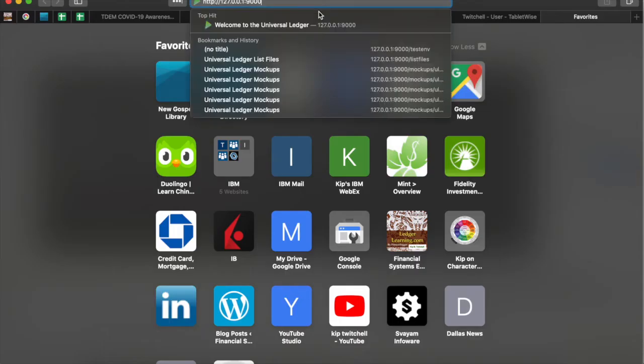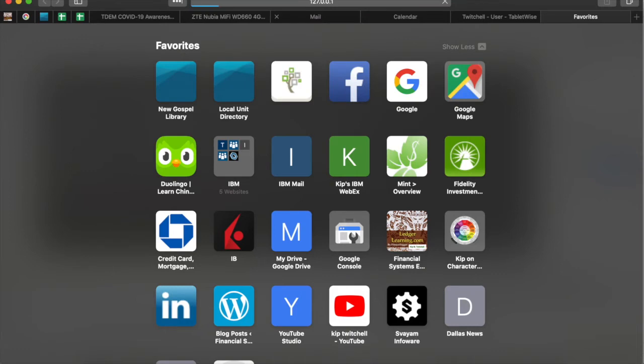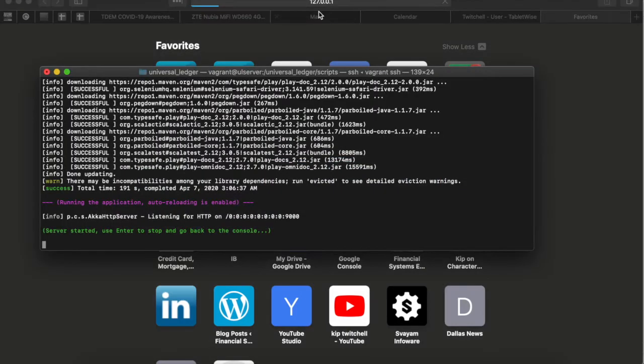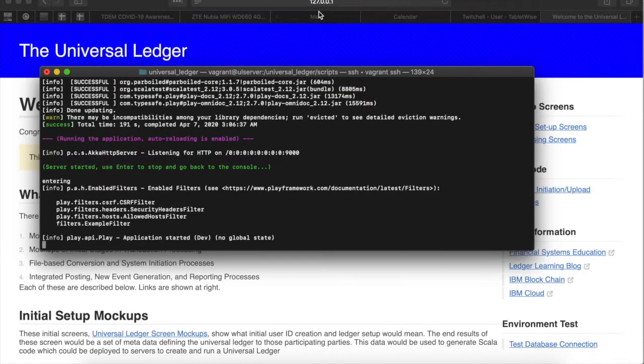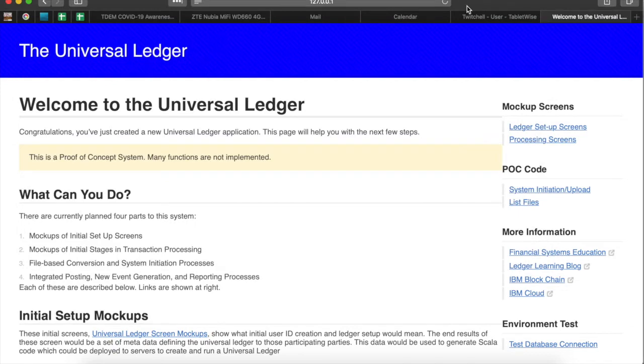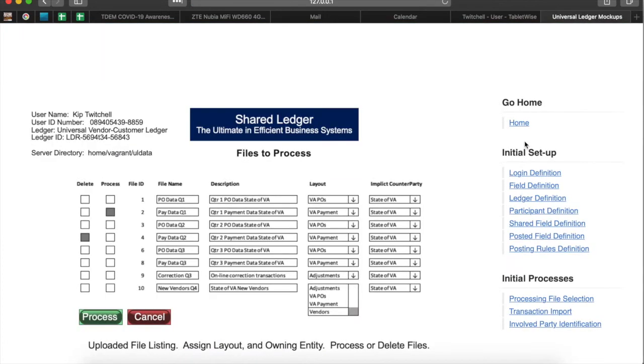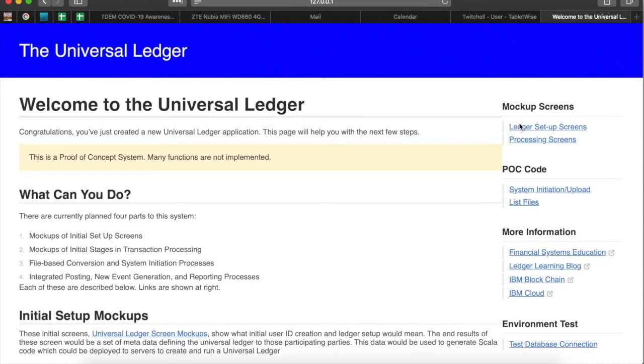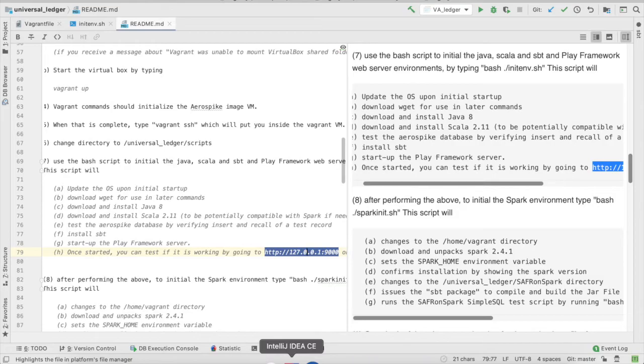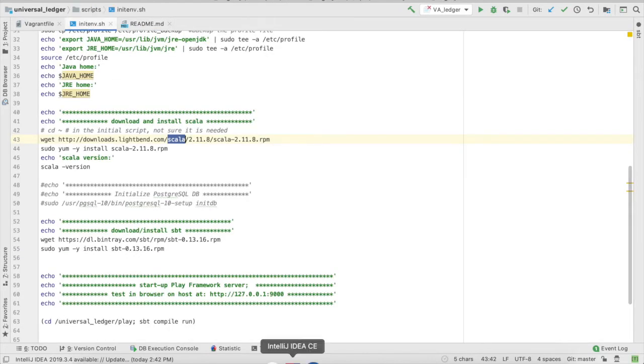If we go open a web page to that, it takes a little while because it's compiling the project. Once we get that open, the website picks up, and we're now looking on the host side at the website being served up from our Vagrant environment with the Java, Scala, SBT, and Play components